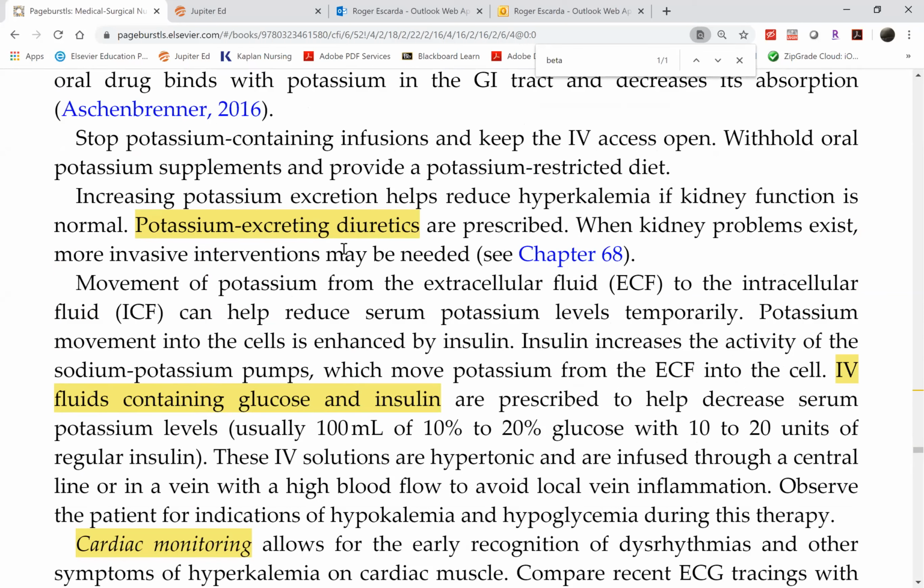Any question? No. All right, that's the end of electrolytes. We'll stop right here. Oh no, last one,